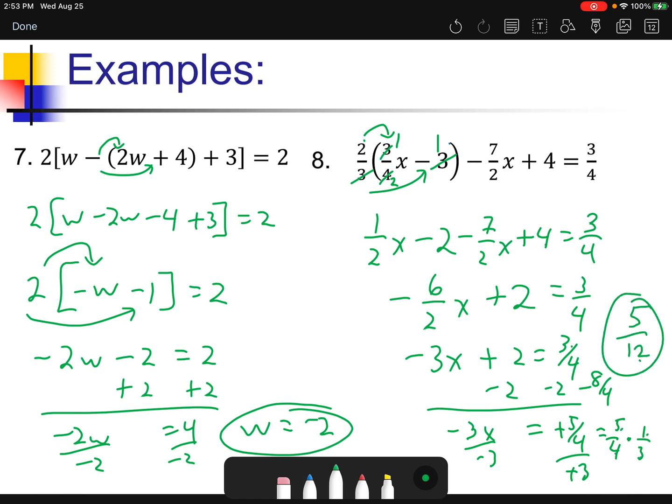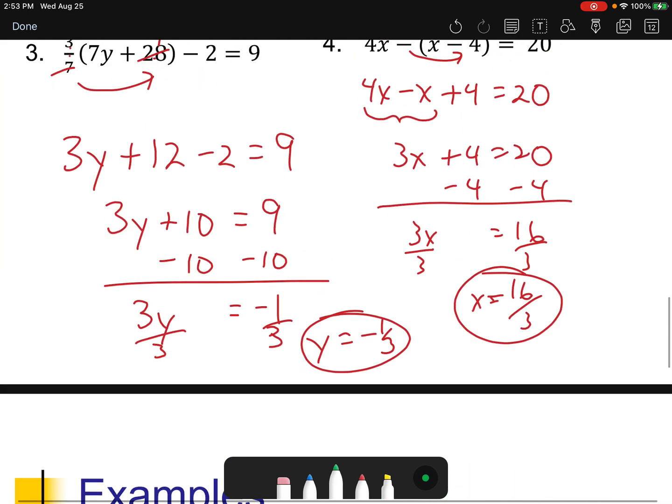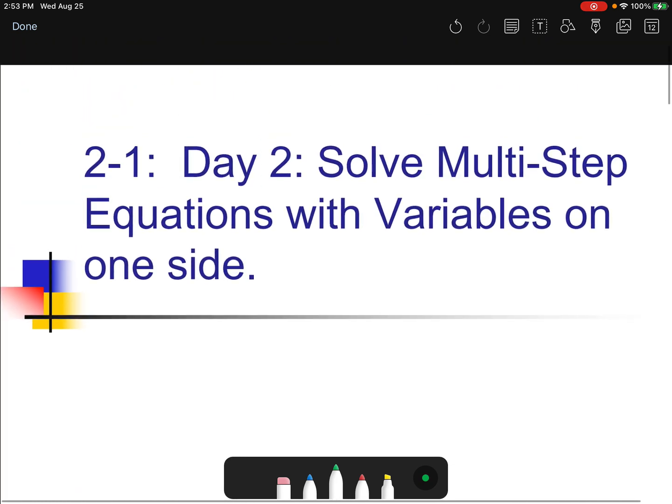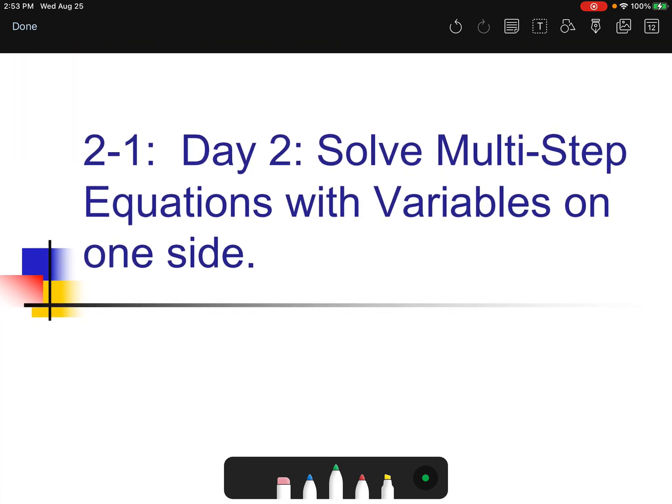Multiply 5 times 1, 4 times 3, and we get 5/12. Now, obviously, if you have a calculator, it makes things a lot easier. So make sure that if you have any questions, you just look through this video and see if you can find the answers, or go come find